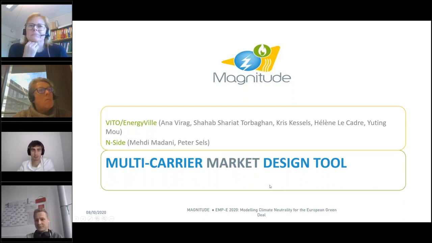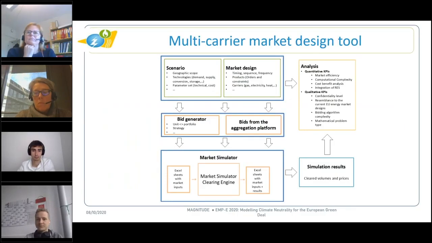If you go to the next slide, this is just a scheme of the tool that we developed. What we try to achieve is really to look into how we can support sector coupling in a market-based way, because all the energy sectors are really operated in a market way. And currently it is unclear what is a good market-based coordination for our energy system to reach the climate ambitions. And therefore we developed this tool.